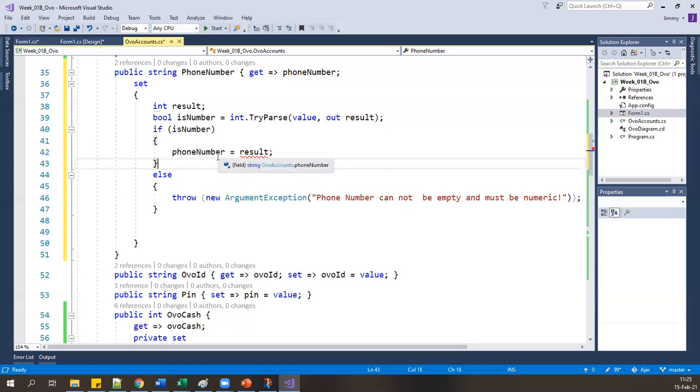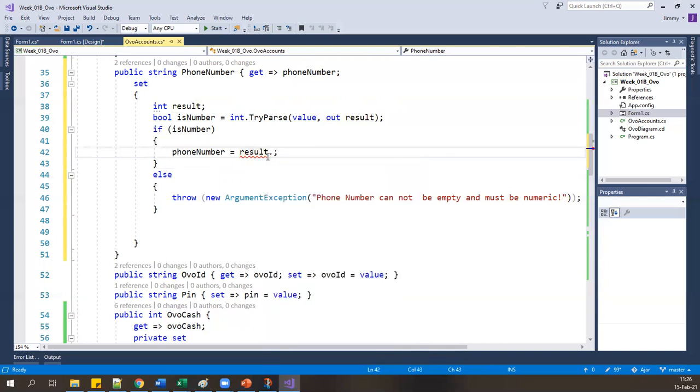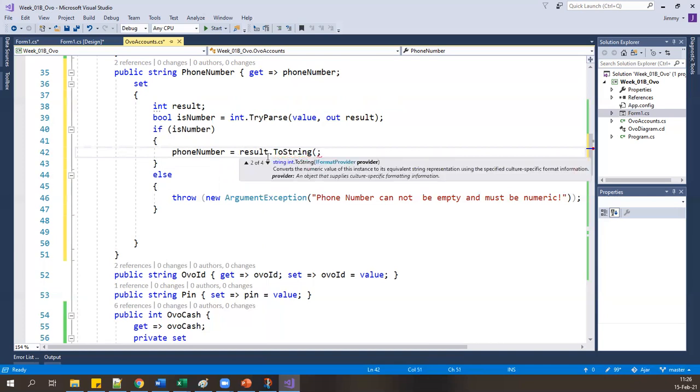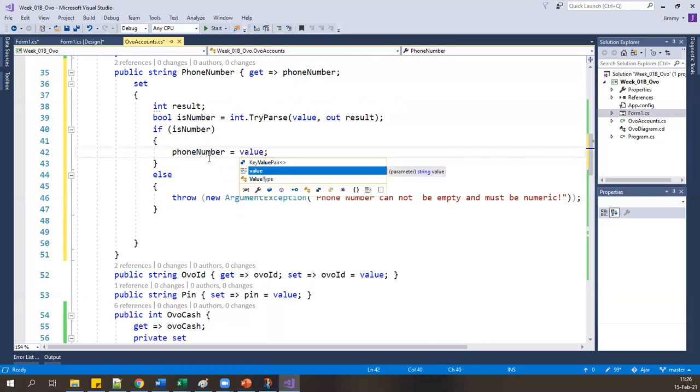Because phone number is a string and result is an integer. You cannot assign an integer to a string. You could do result.ToString,